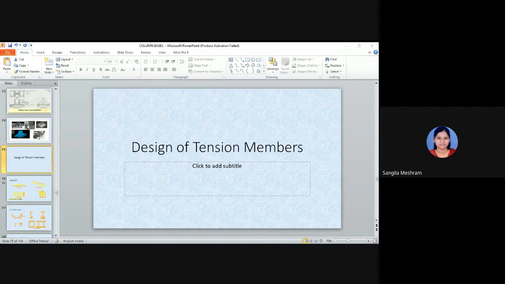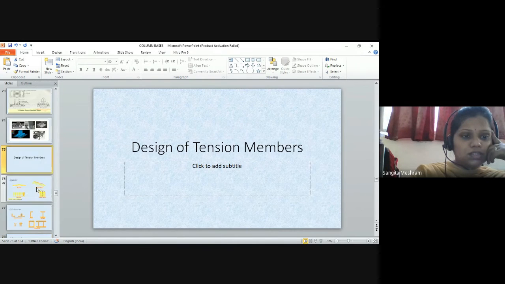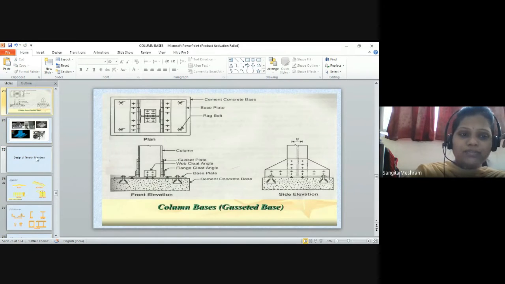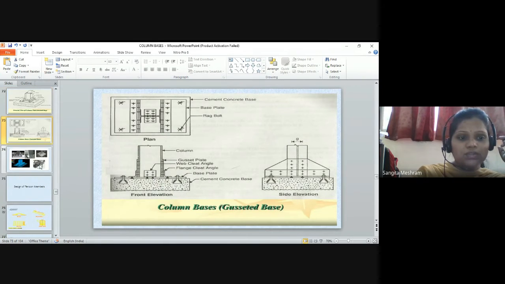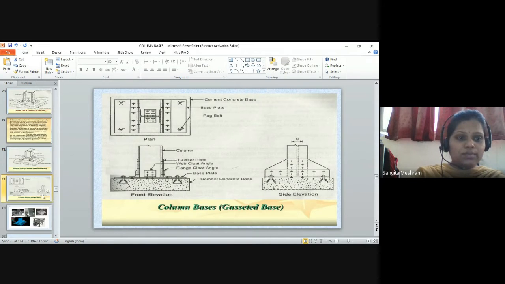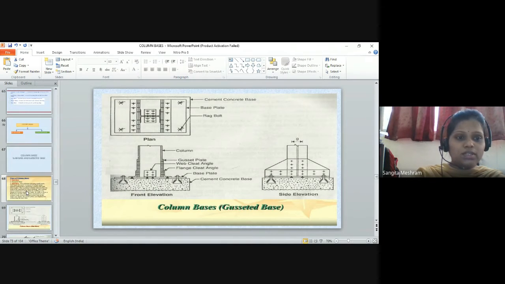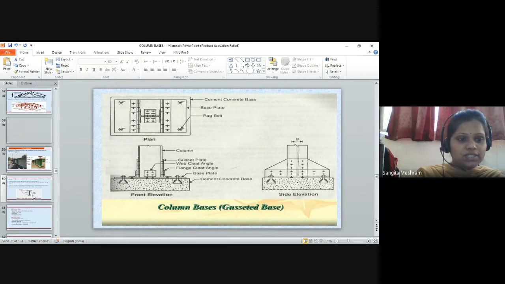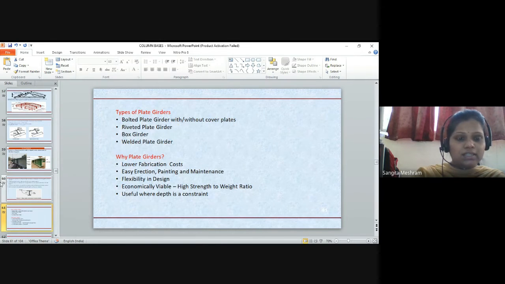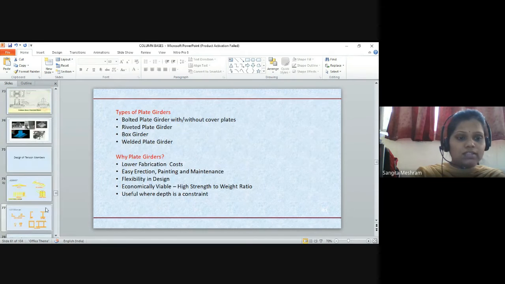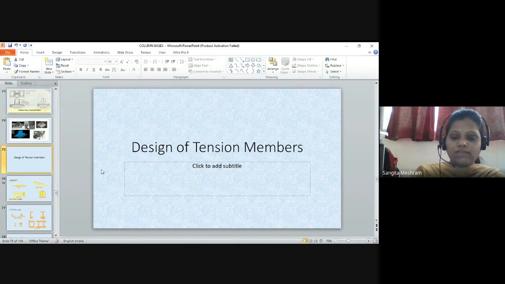Okay, in that video it is seen that the members are connected with the help of welding, or we can use electric arc welding. There are different processes to connect the members with the help of welding. We already saw that, and the holes can be prepared with the help of cutting sections or different instruments. Now we will see the design of tension members.